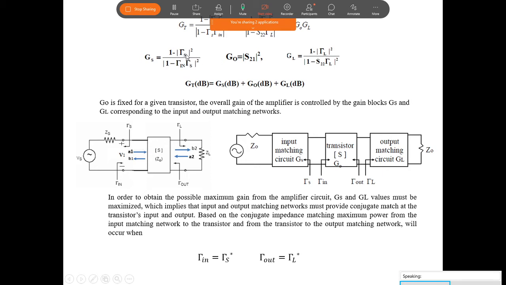What value you have to take, that we have to decide here, to get 4 dB. That we will see later. What value will give 4 dB or 5 dB, 6 dB? If you want 4 dB, what is the value of TOS? If you want 5 dB, what is the value of TOS? That means based on the TOS, this GS will change. So for 4 dB, what is the value of TOS? That we will see later.